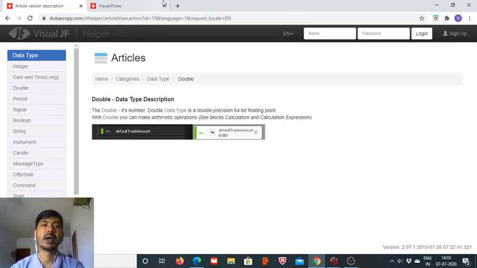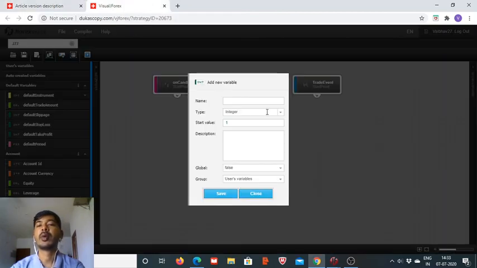And if we are creating a new variable with a double type, then you can now take the value in fractions as well. Suppose 0 point, now you can provide any decimal point to any extent, and say you can take such kind of values as well, which were not permitted for the integer type. So this is double, and most of the